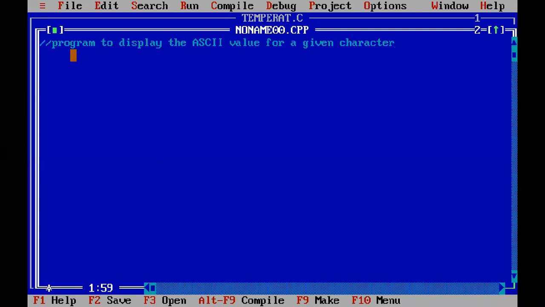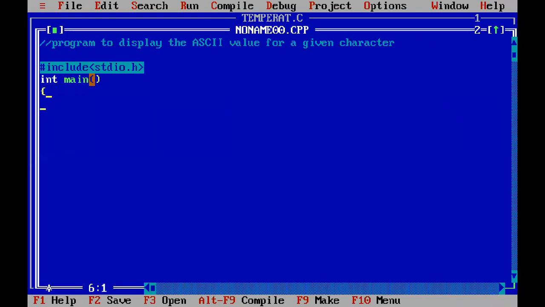For any character that you find on the keyboard, there are associated ASCII values. I will explain it.